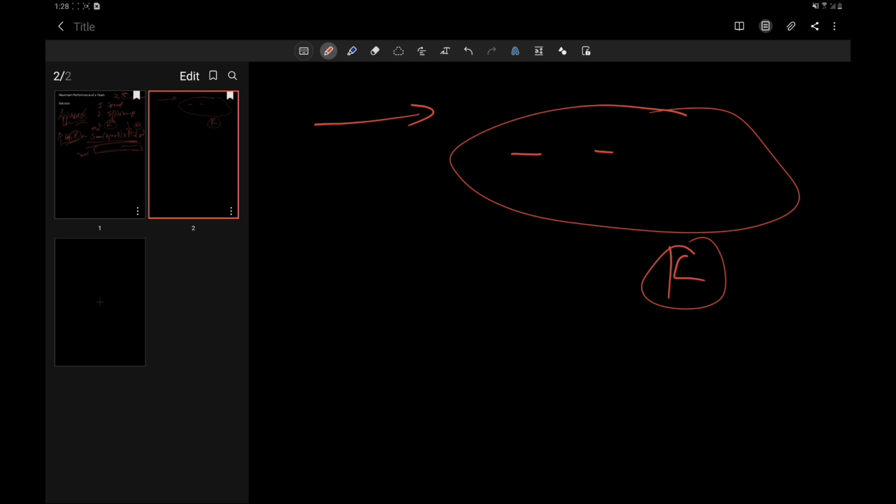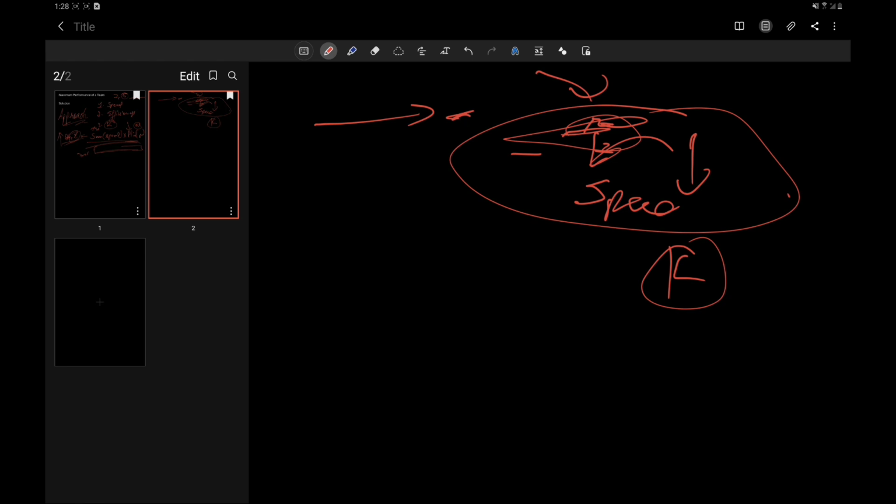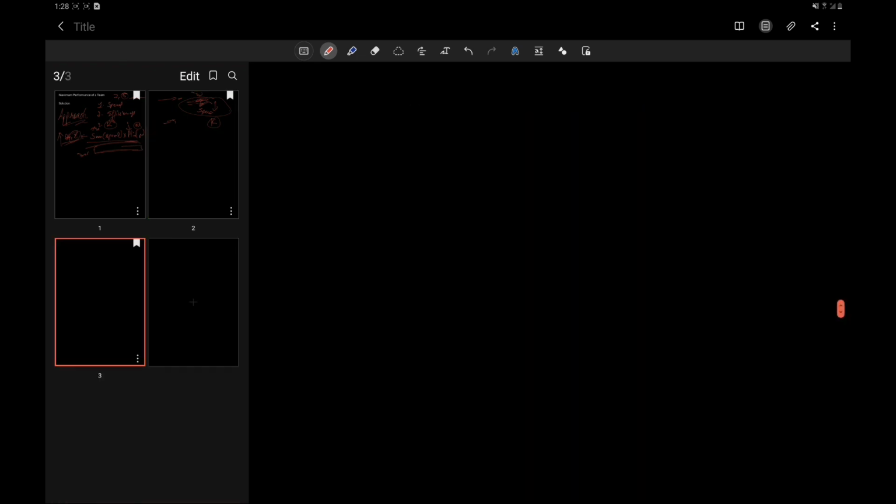At any time, if any engineer is pushed into the heap, we will compare its speed with the minimum element present. If it's less than that, then we won't add it to our queue, we just move to the next element. But if it's greater than that, then we add it into our queue and we remove the smallest element. This looks a bit tricky, so let's see this approach with the help of an example.